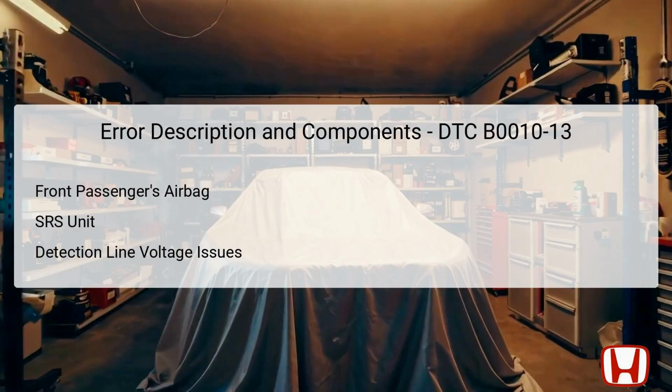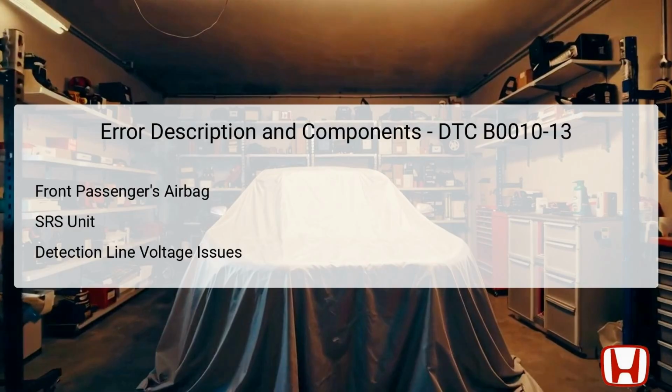It monitors the condition of the airbag and determines any abnormalities based on the detection line voltage. If this voltage deviates from the specified range, the SRS unit will generate and store the error code. Understanding the role and location of these components is crucial, as any diagnostic procedures will heavily involve both the airbag